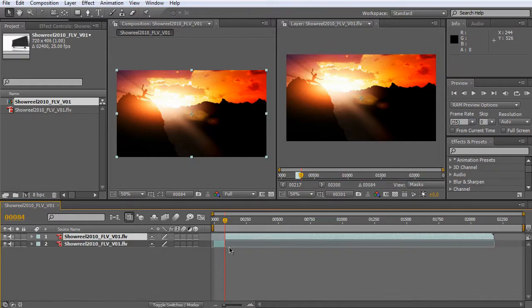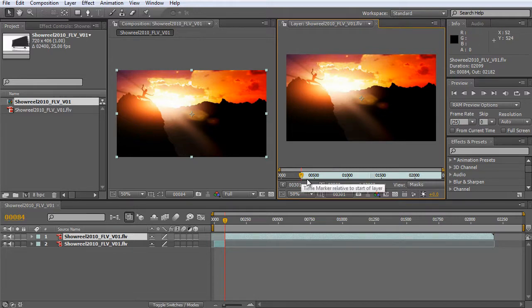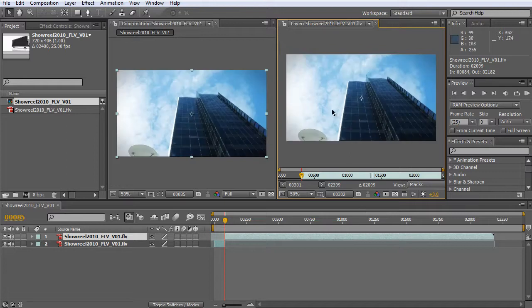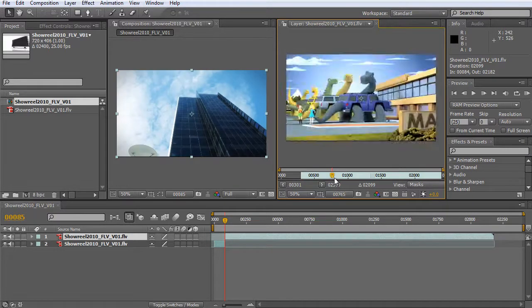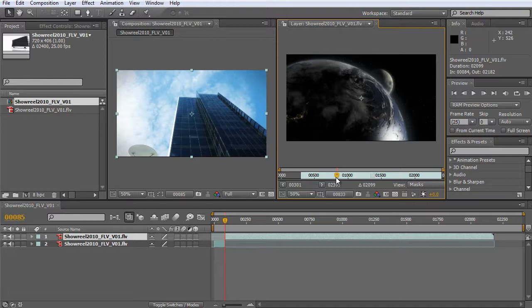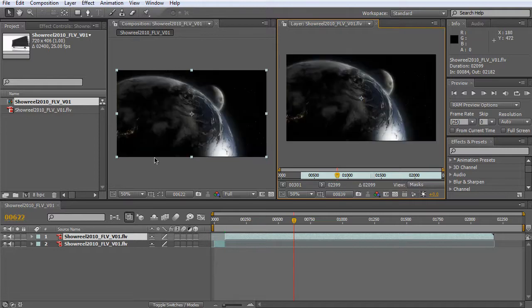And what it does is it cuts the footage at that exact frame, and it puts a new version of that exact layer above the original layer at that point. Then I can double click on that layer that's just been created, and you'll see here that the footage starts from that point. If I go one frame in, it's at that new piece of footage. So I can then scrub through and find my next piece of footage that I want to include in the comp, and say it's there,